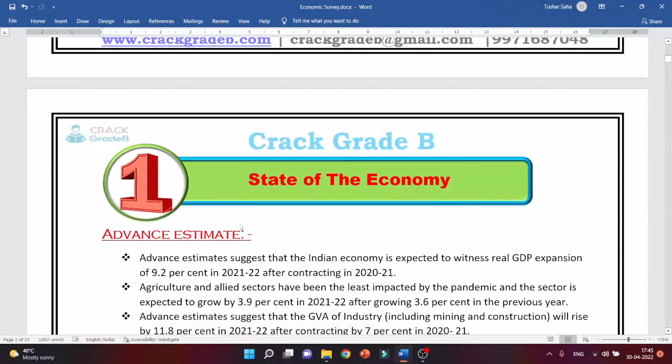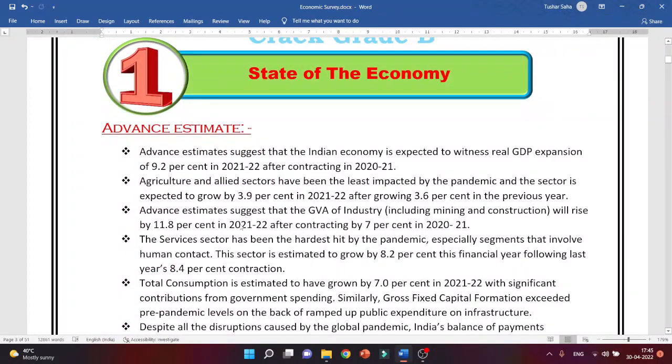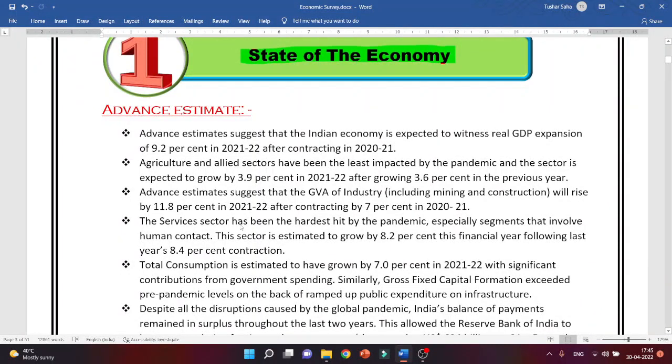Now, let's move forward and see chapter 1. Chapter 1 is the state of the economy, right? Now, as per chapter 1, what do the advance estimates tell? All this data, I hope you already know it. As of now, when you are watching this lecture and when you read for your examination, you will have many updated data. That is fine. But the data from the economic survey is also important because the questions can be directly